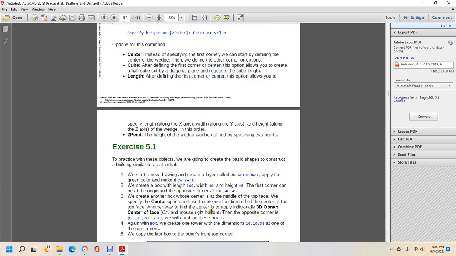Alright, for the practice of these objects, we're going to create the basic shape of the construct of a building similar to a cathedral. We start with a new drawing and create a layer called 3D Cathedral, with the green color, and make it current. Create a box with a length of 100, width of 40, and height of 45, with the first corner at the origin and the opposite corner at 140